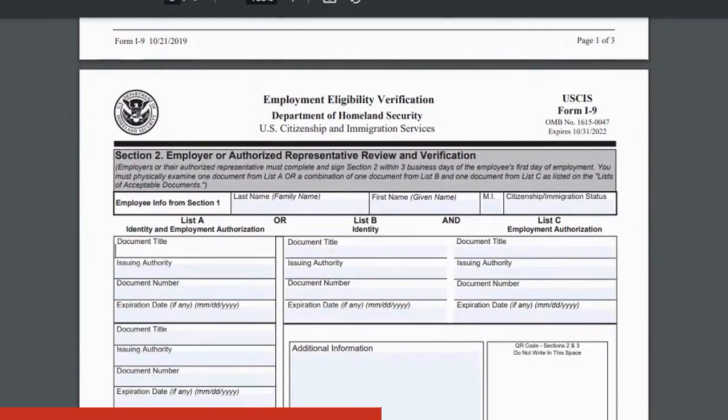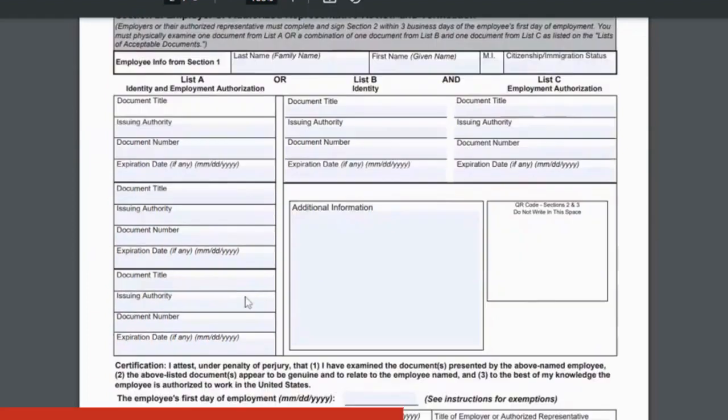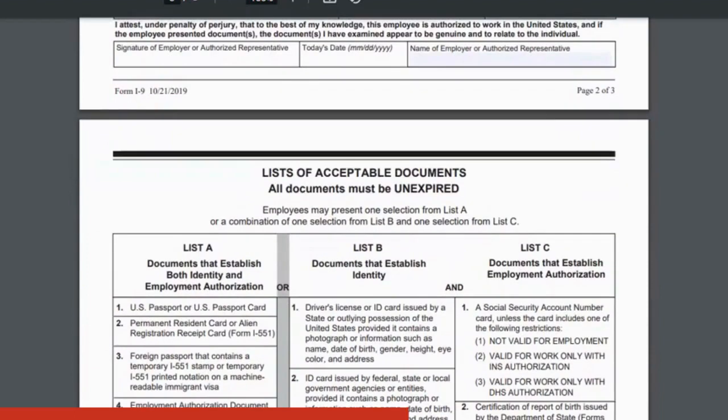And if the person that needs the I-9 completed, they should have brought with them a form of identification. The forms of identification that are applicable or valid for this form are listed on page 3 of this document. So the list of acceptable documents, and all documents must be unexpired, and it must be the actual document, not a copy of the actual form.